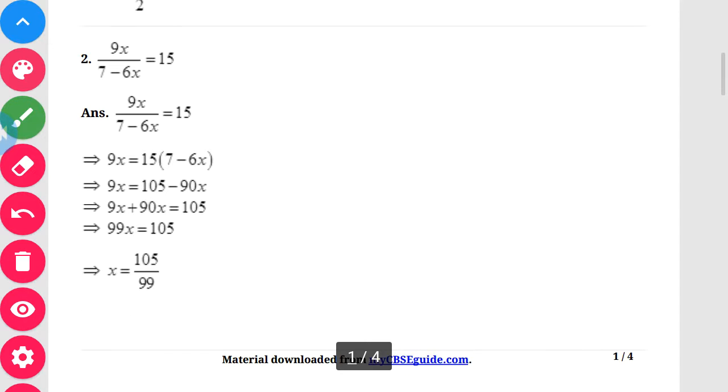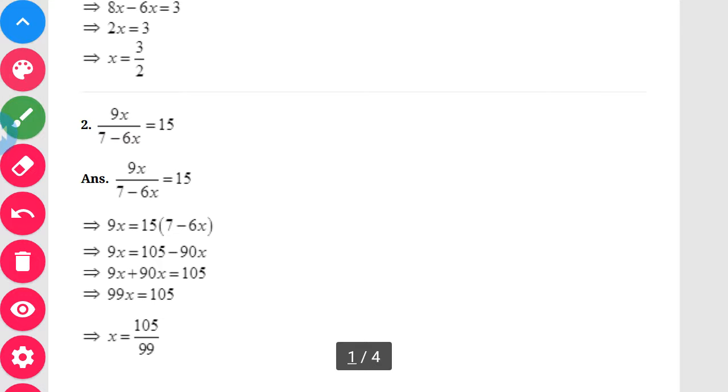If you see your second one, again the same thing, you have to go with the cross multiplication here. If nothing is there, we have to consider it as 1. So anything you multiply by 1, the answer will give you 9x, the same thing. And the 7x I'm going to multiply to this 15. So can you see this bracket here? It's written here. So now I'm going to solve one by one.